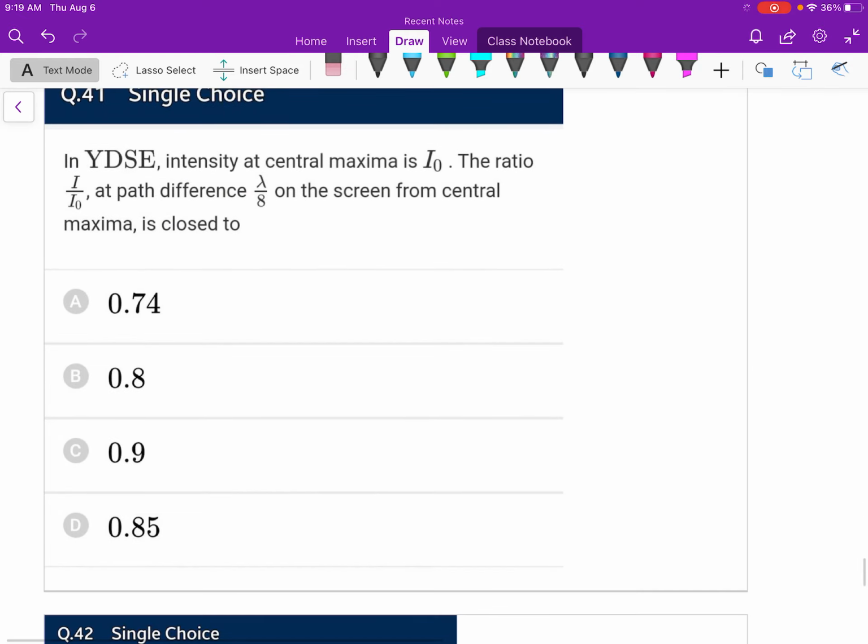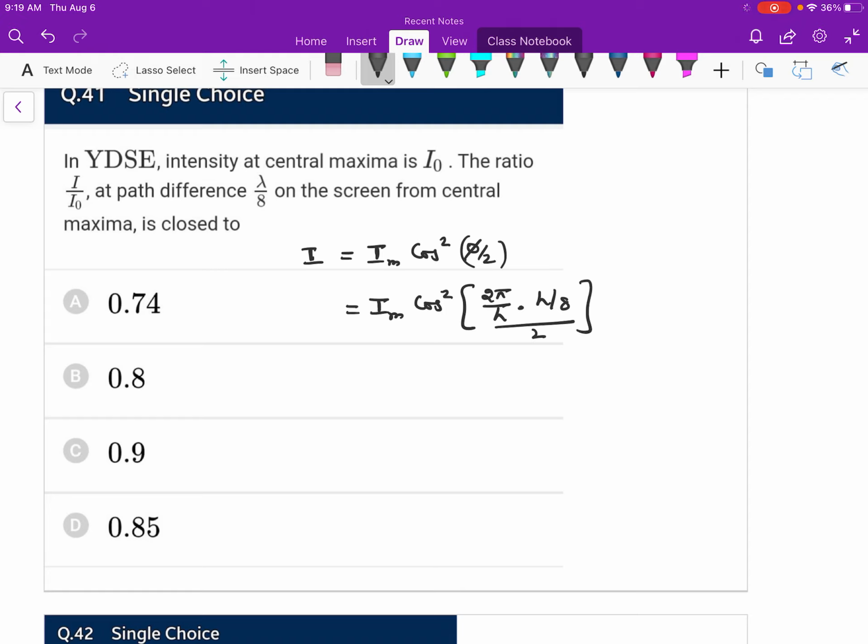In YDSE, intensity at central maximum is I0. The path difference is lambda by 8. So I is I max cos square phi by 2, which is Im cos square of 2 pi by lambda into lambda by 8, path difference phi upon 2. So this is Im cos square